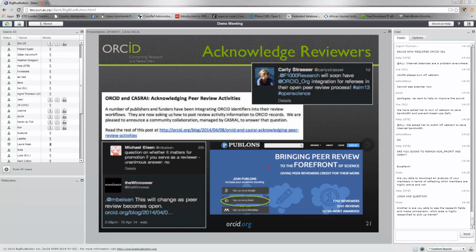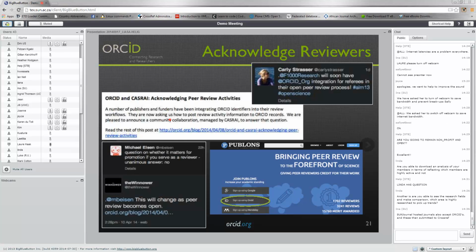Now, the next one we have here is review. A lot of people think only of authors, but reviewers provide a huge service to the community to ensure the quality of publications. We have been working with CASRA and other organizations in this space to figure out how would one actually cite a review activity. What would that look like for a double-blind review? What would that look like for a fully public review? So what are those data fields? What is the metadata that we would want to use to describe review,